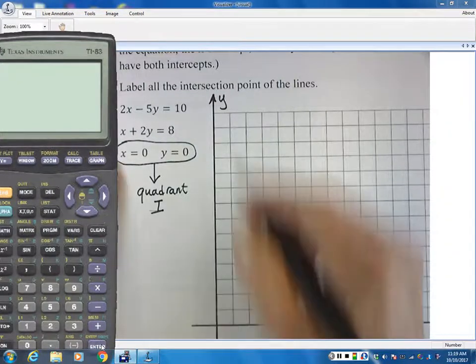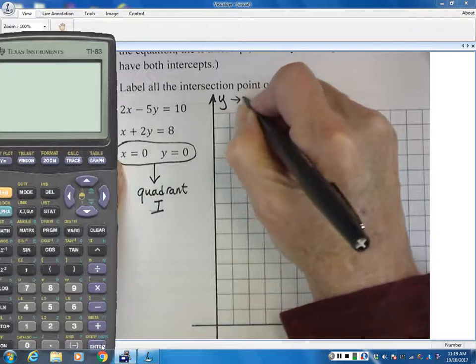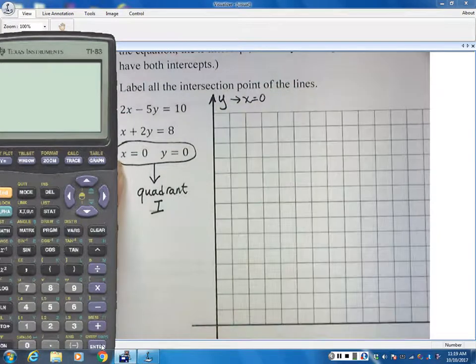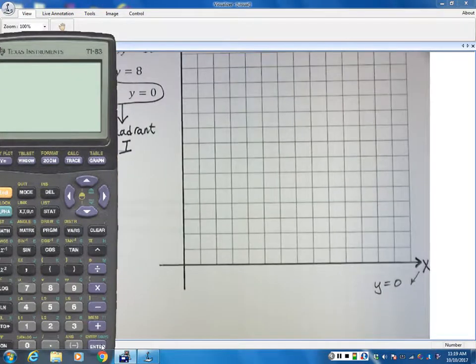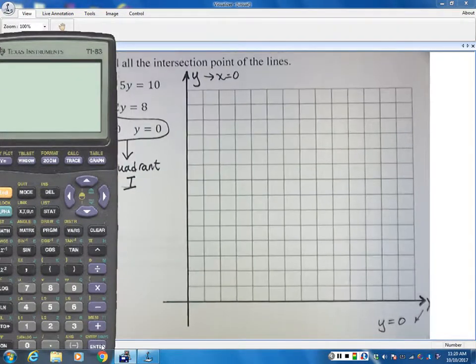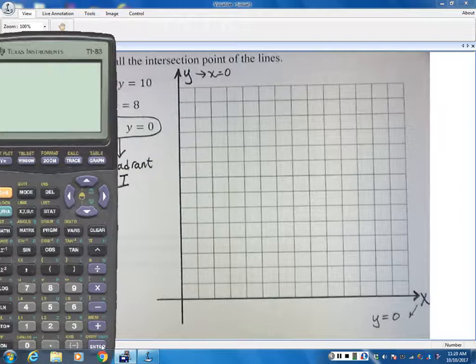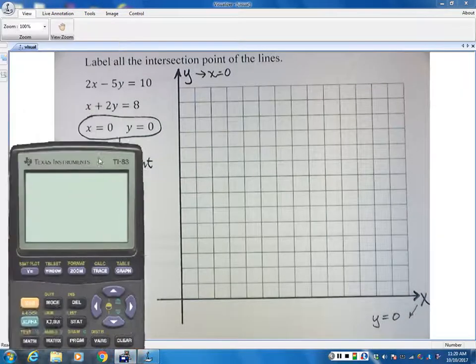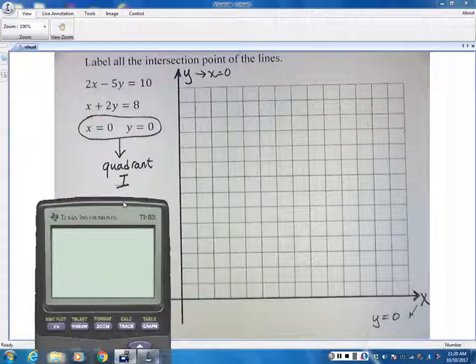This is actually the line, remember I told you, x equals 0. And this is actually the line, y equals 0. So I have graphed those two already, just by the way that I labeled my graph. So now I need to look and see what my lines look like. So on that first one,